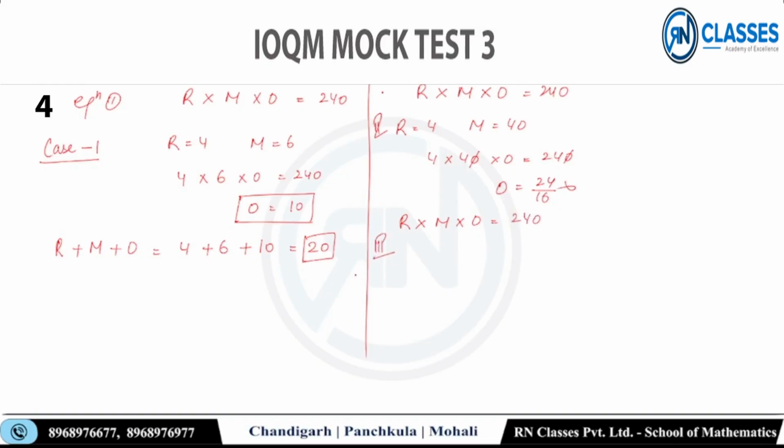केस नंबर 3 लिया है मैंने, R को अब मैं कंसिडर करता हूं, अब R मेरे को चेंज करना पड़ेगा, 60 एंड M is 6, तो 60 into 6 into O is 240, ये तो गया, O की वैल्यू आ गई 24/36, आंसर तो नहीं। फोर्थ केस भी यहीं कर देते हैं,